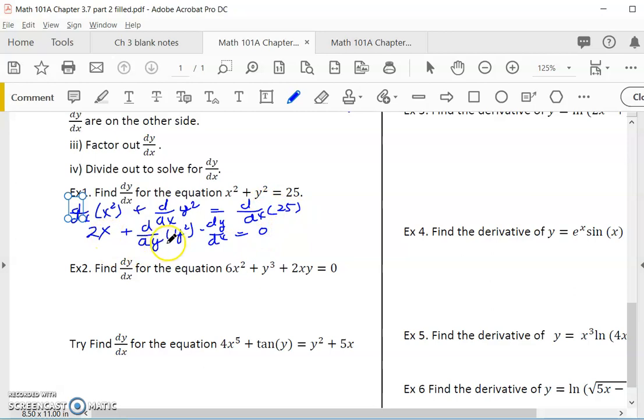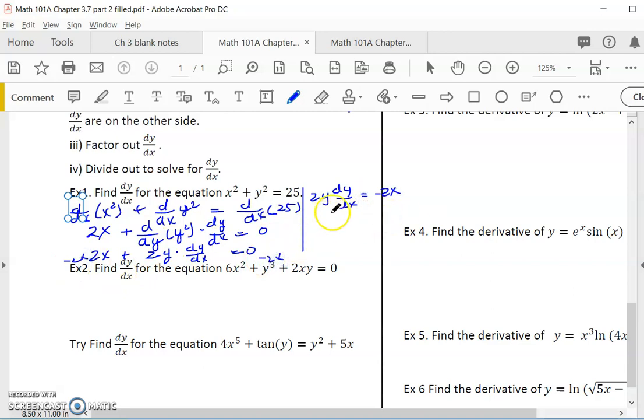Now, the third step would be we'll do this step. So it'll be 2x plus, d dy of y squared will be 2y, but I have the dy/dx attached at the end, equal to 0. So now this term has a dy/dx, so it would be on this side. The other term has to go. So we will have 2y dy/dx equal to negative 2x, because we will subtract 2x on this side,